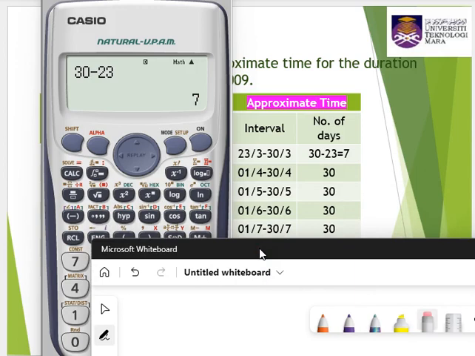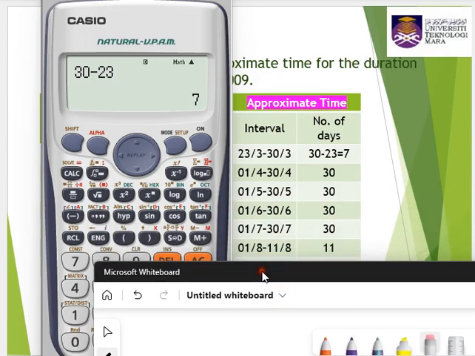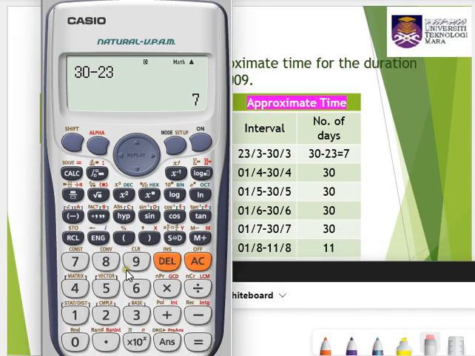August, because only until 11 August, so you have 11 days. So total up, what do you have? So 7, add up with 1, 2, 3, 4, so 120, right? Add up with 11. So you have